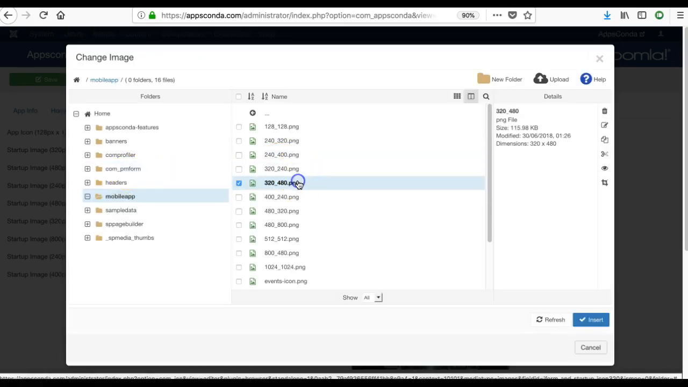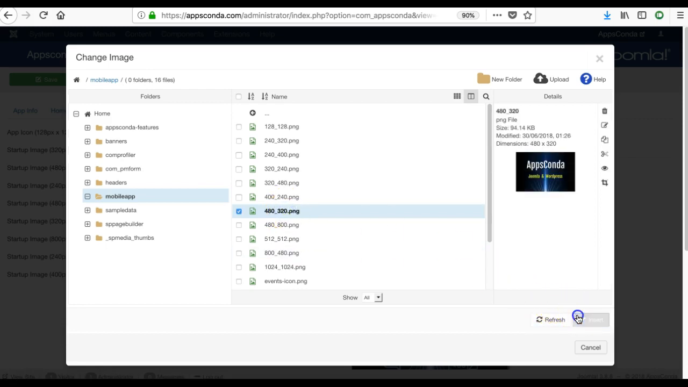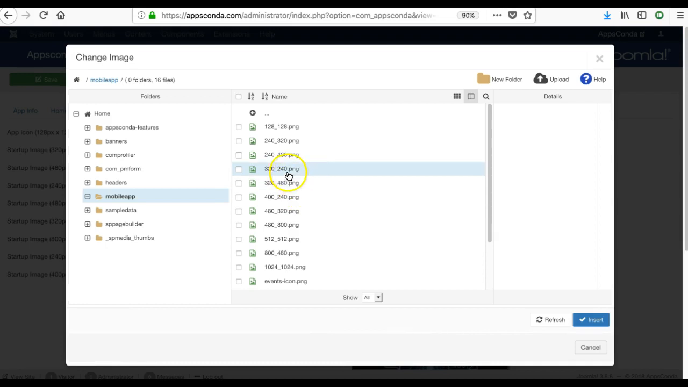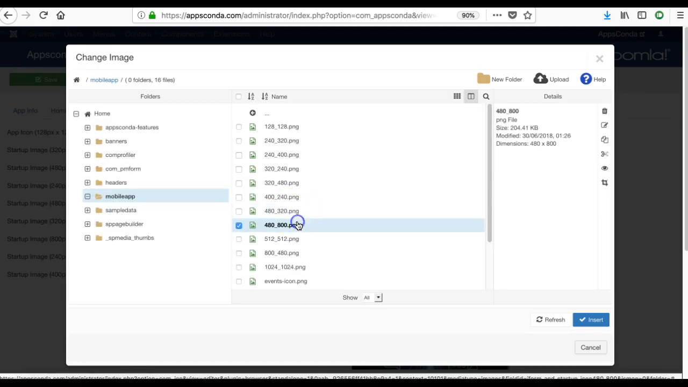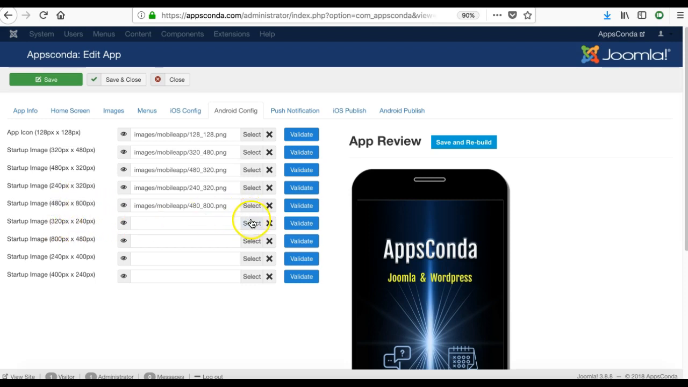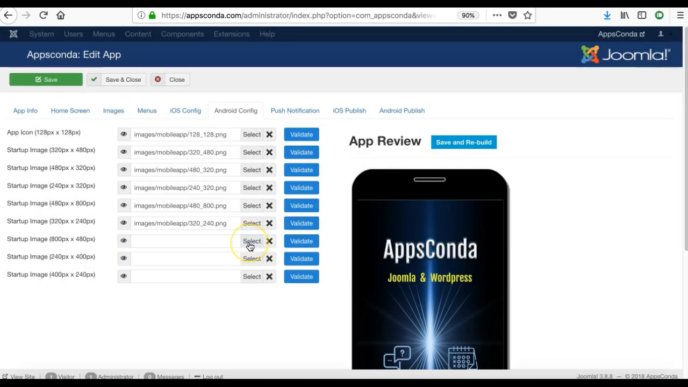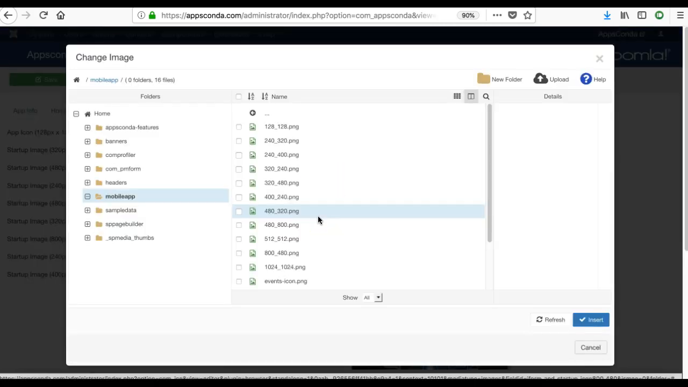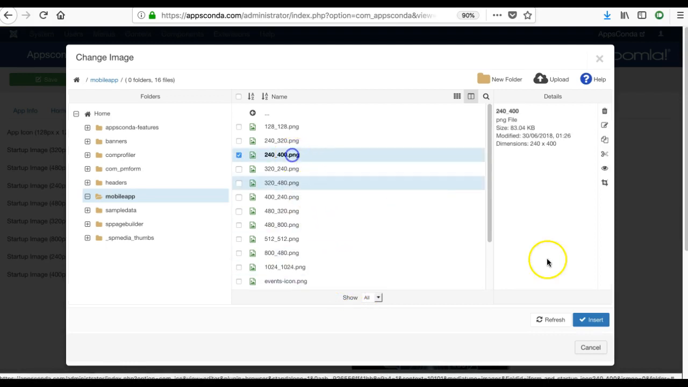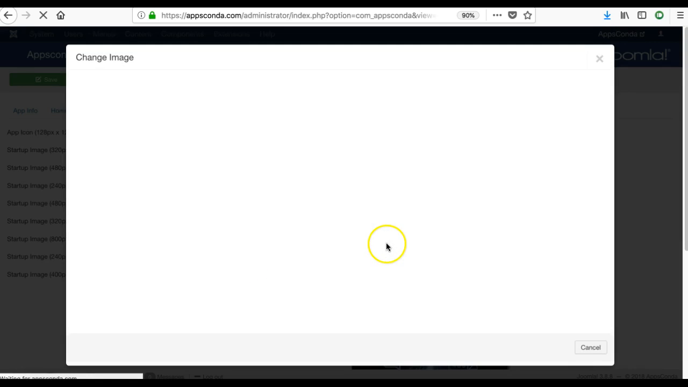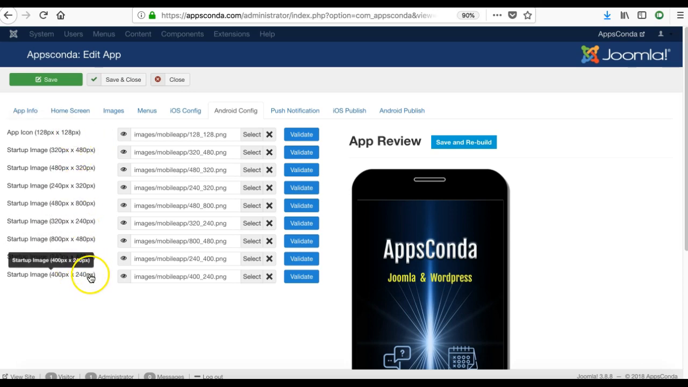It's 320 and 480, 480, 320, 480, 320, 240, 320, this one, 480 and 100, 480, 800, 320, 240, 320, 240, and 800, 480, 800, 480, 240, 400, 240, 400, 400, 240. Now they require all these different sizes of images because they want to make sure that the app is